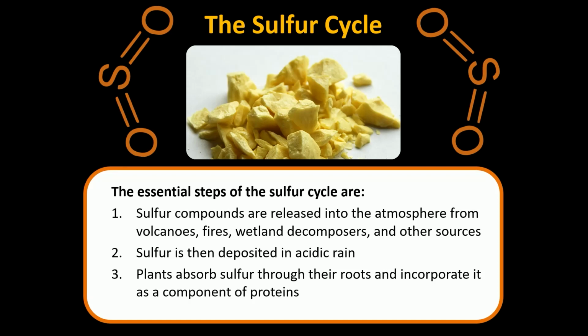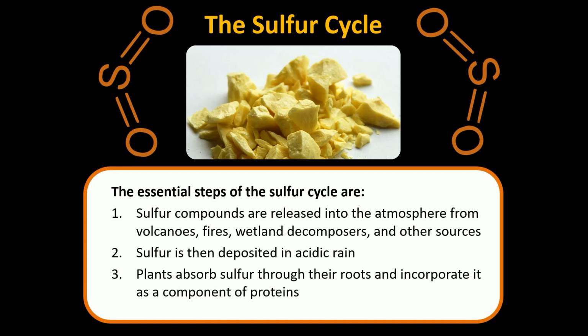There is one more biogeochemical cycle that the learning objectives say we need to talk about, and this one's actually a good deal simpler than some of the other ones we've talked about, and it's the sulfur cycle. Sulfur, like the other nutrients that we've talked about, is an important component of biological systems. Sulfur, in particular, is used in certain amino acids, and amino acids are the building blocks of proteins, and proteins are 50% of the dry weight of all cells and organic material,